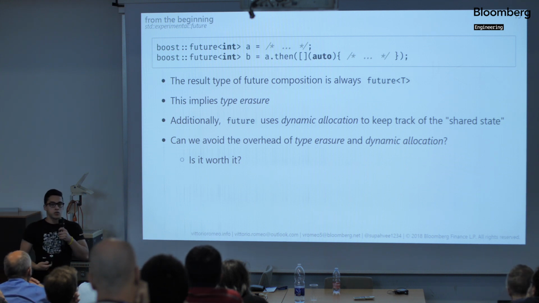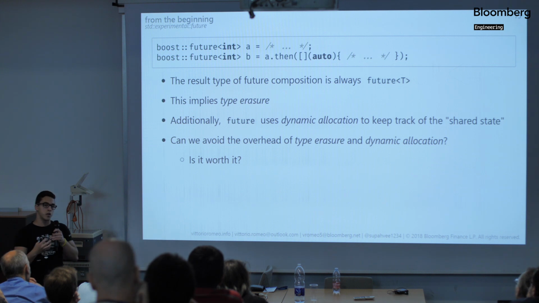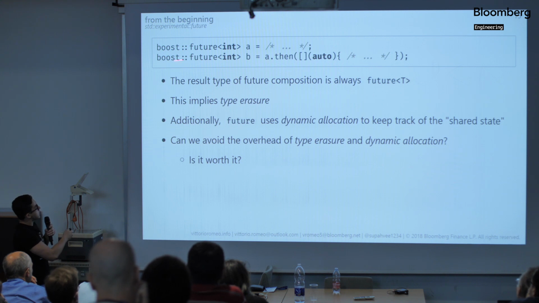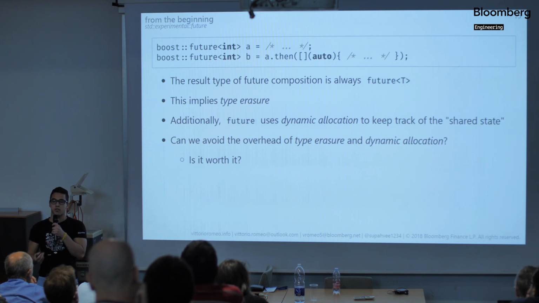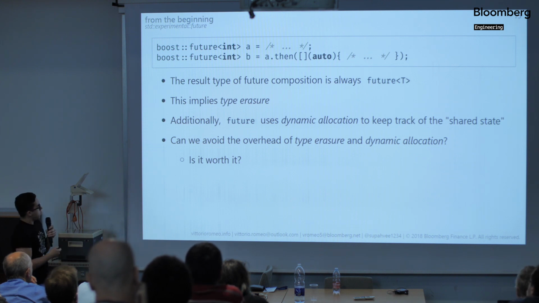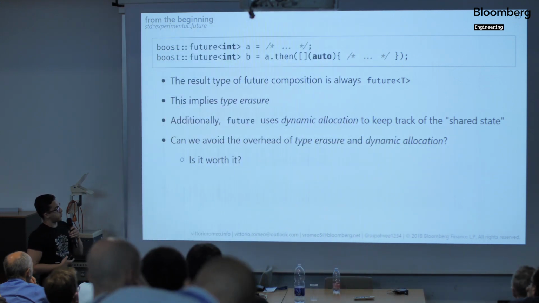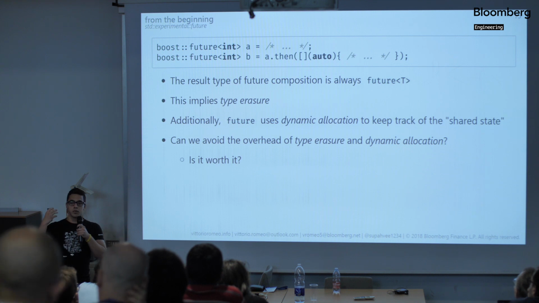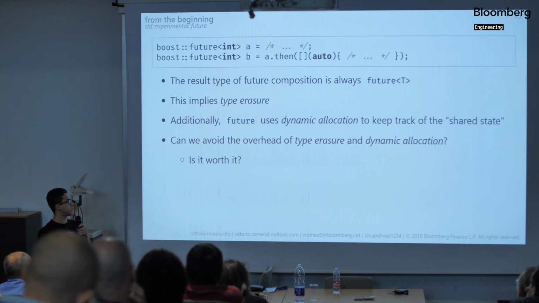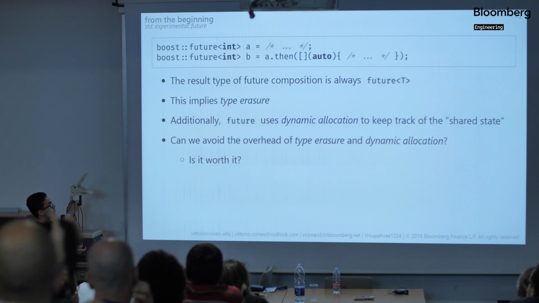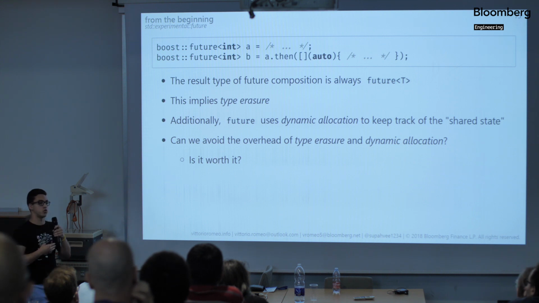This implies that under the hood there's some type erasure going on, because the shape of the graph is not reflected in the type system. So if the type is the same, then internally there is some type erasure that hides the actual shape of the graph that's being executed asynchronously. Also, both boost::future and std::future use dynamic allocation to keep track of the shared state. The place where the result value is placed, or the eventual exception is created, is usually a shared state stored on the heap